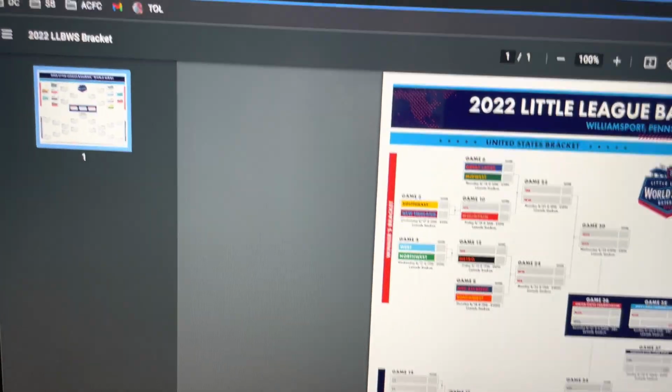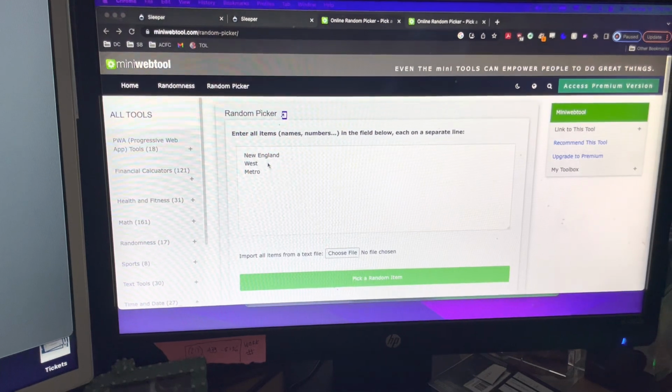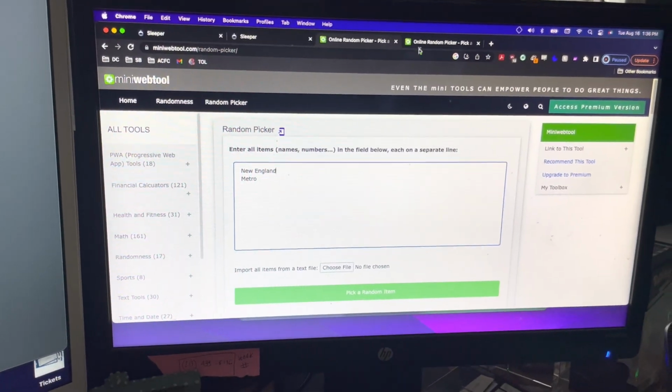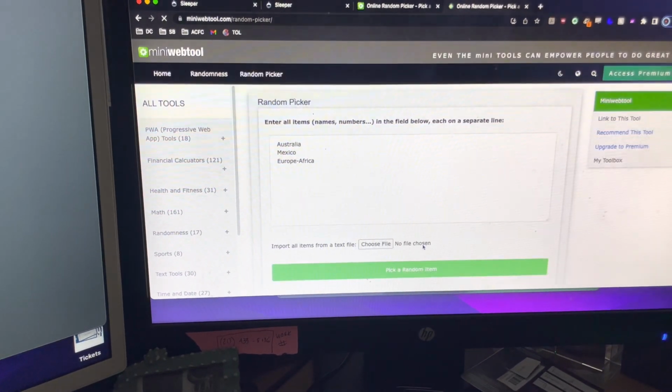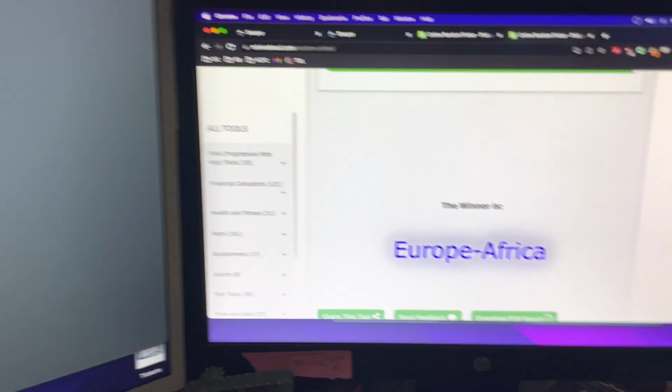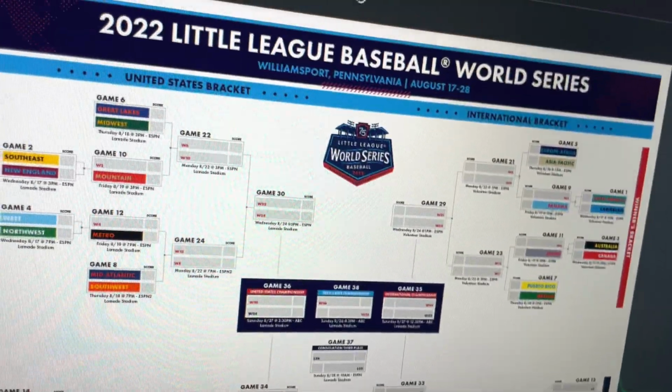Tony got West, which is in the first 8. International team is Europe, Africa, not in the first 8.